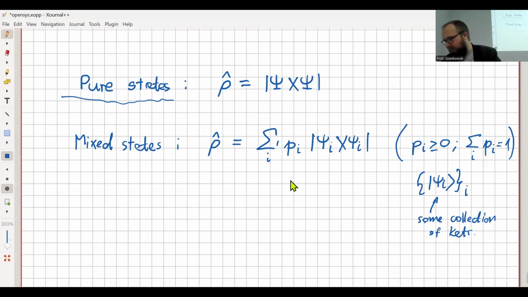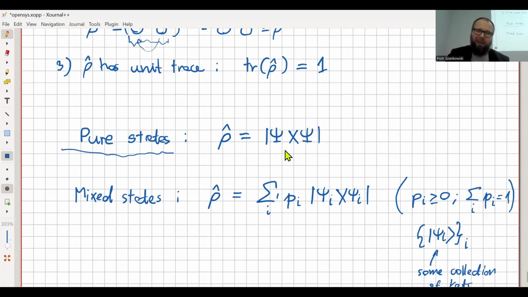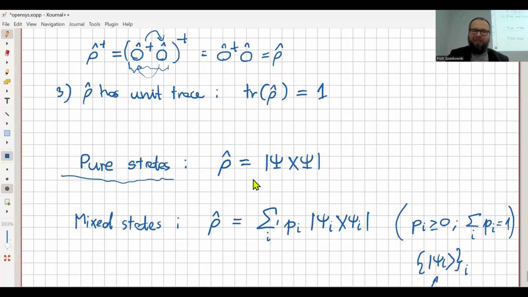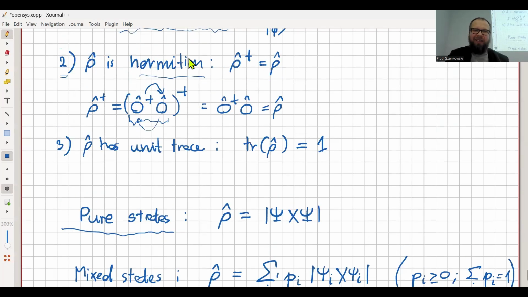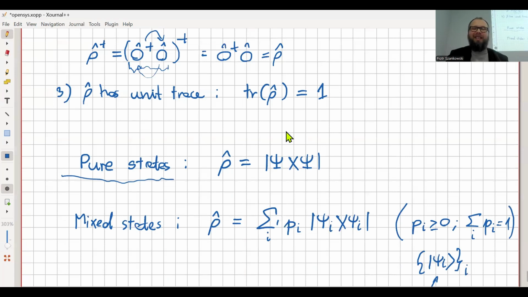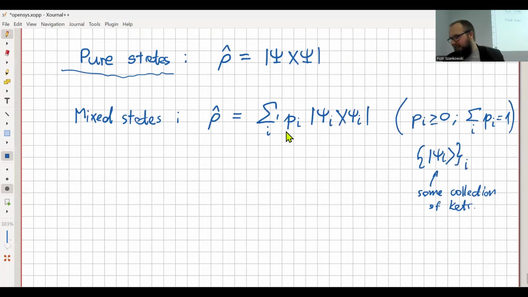So those guys mix states. Well, I won't go into details, but if you want to verify if those formulas actually adhere to those requirements, it's very straightforward to check. Nothing to see here. Not very interesting. But about mixed states, before we try to interpret them, there is a very peculiar but also